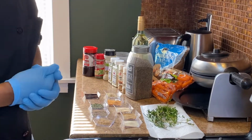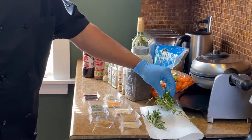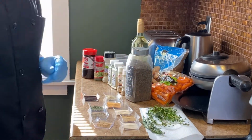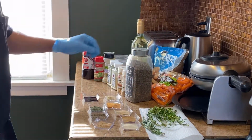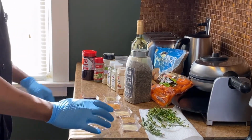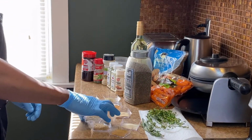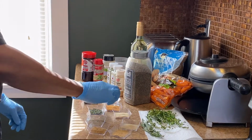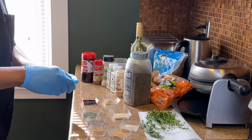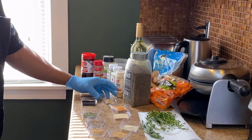Okay guys, so for my pot roast chicken, fresh herbs, I got some rosemary and some fresh thyme. And then for my dry seasoning, I got half teaspoon of cumin, half teaspoon of ginger powder, half teaspoon black pepper, half teaspoon of dry cilantro, half teaspoon of seasoned salt, half teaspoon of onion powder, half teaspoon